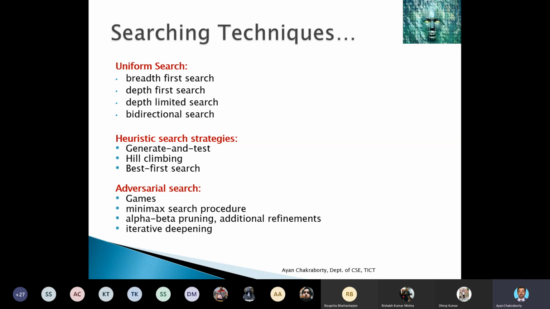So by amalgamating these two algorithms, BFS and DFS, a new heuristic based searching strategy has been explored, which is called best first search. We will see how this best first search algorithm will work.